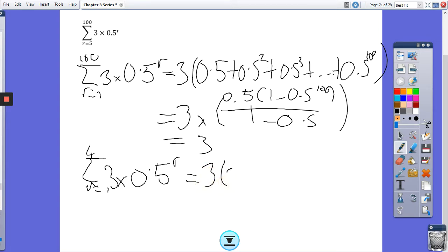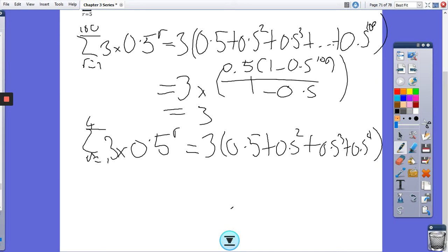Work that out, and you get 3 lots of 15 over 16,